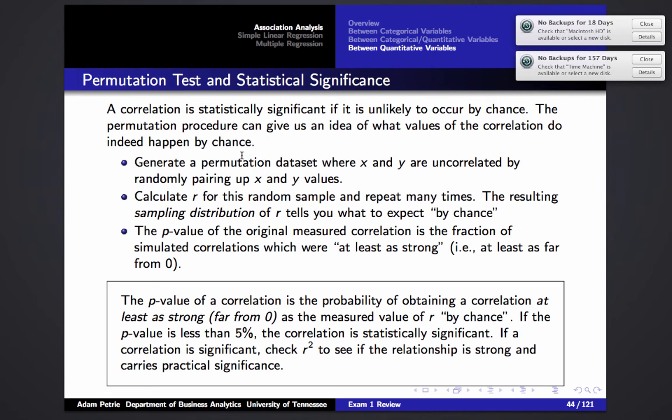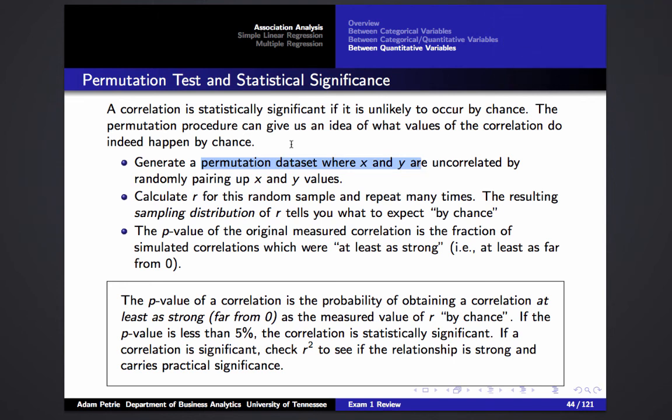Well, it's the permutation procedure once again, where we take the observed values of x and y and we create a permutation data set just by randomly pairing together the observed values. And by design, the permutation data set has no relationship between the x and y values, so whatever value for r or whatever value for Spearman's rank correlation you measure is one that genuinely has happened by chance. So if you build up a collection of permutation data sets, you build up a collection of values of r or Spearman's rank correlation that have happened by chance, and you can compare what you observed in your data